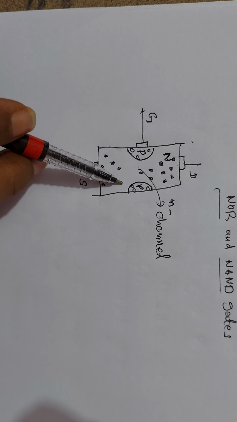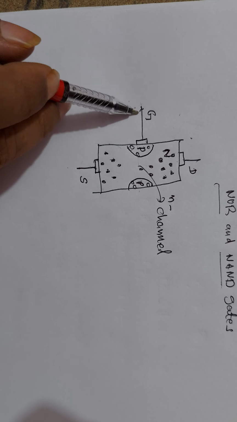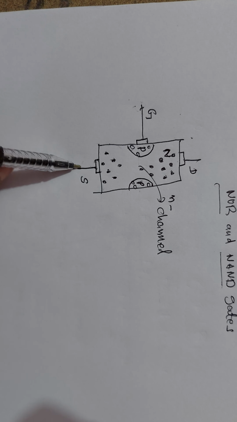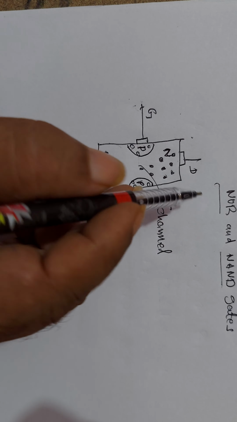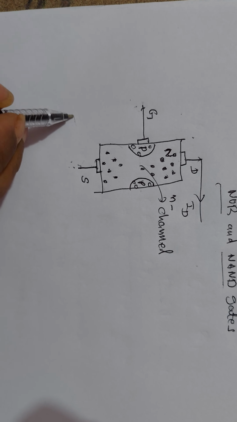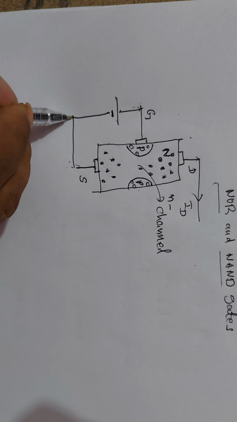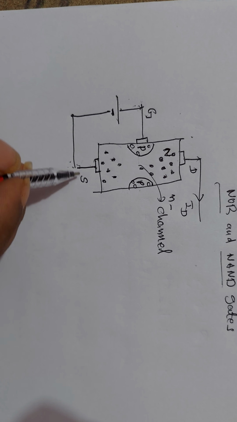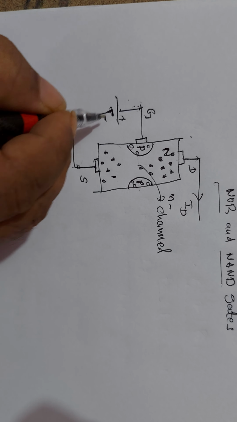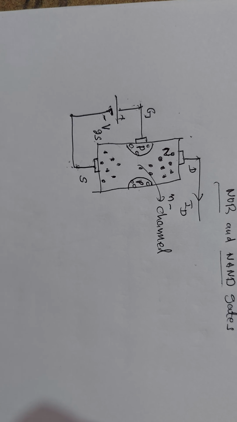So this is a field effect transistor because the input voltage, gate to source, an electric field applied at the input, produces the output drain current. This is the drain current, ID. ID flows only when input voltage is applied between gate and source. This is the voltage applied between gate and source, positive and negative. I will call this VGS, the gate source voltage.